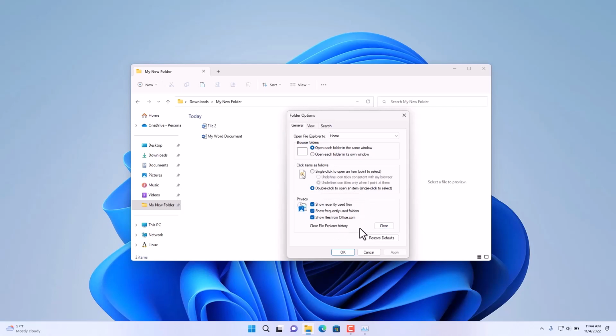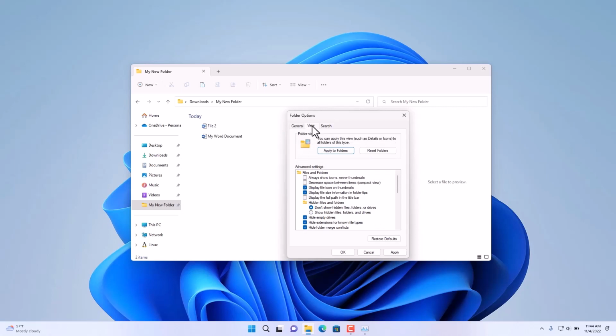Here is how you can clear the history for privacy reasons in your computer. If for some reason you mess up those settings, you can also restore those defaults by clicking on this button here, Restore Defaults. Under the View area, this is where we are getting more granular,